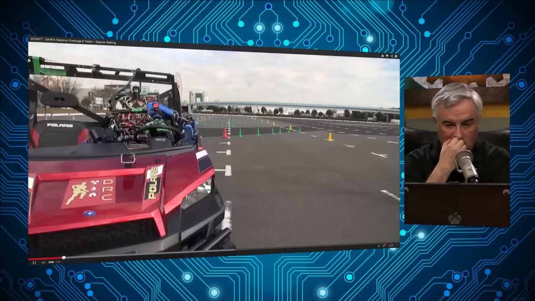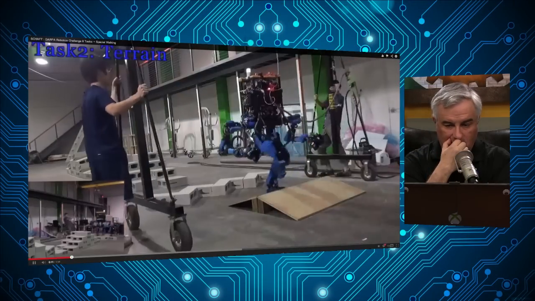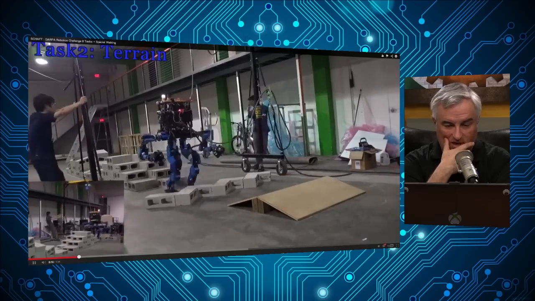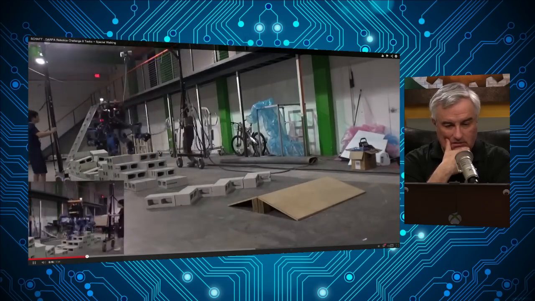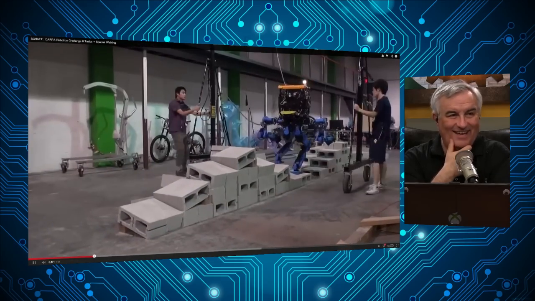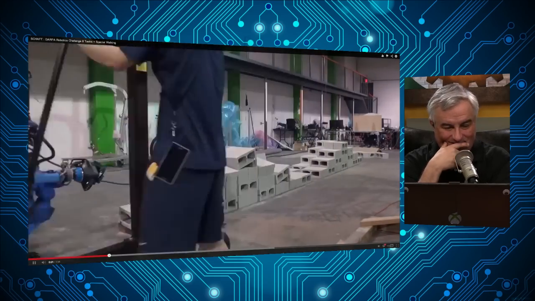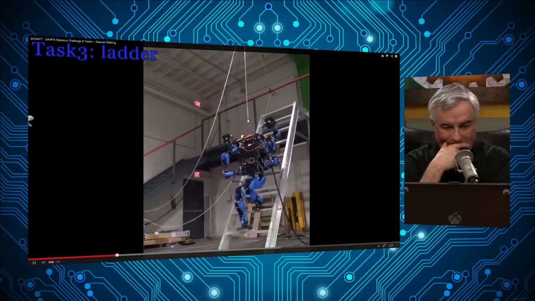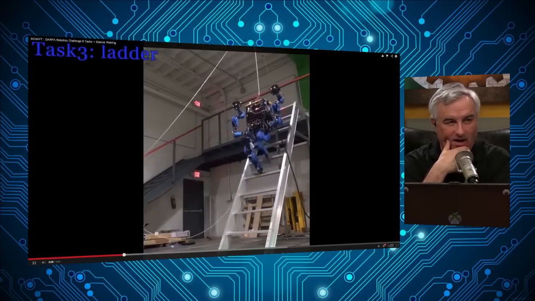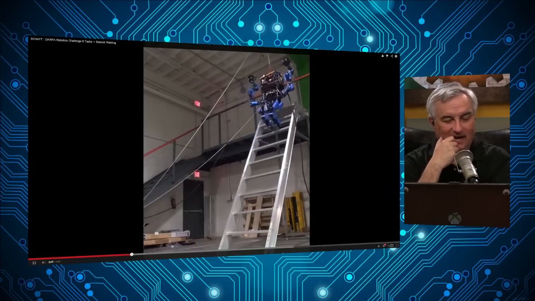Yes. So here's the DARPA challenge vehicle. This is autonomous driving. And this is the two-legged robot. This is not good. This is very bad. Why not? The Terminator is just around the corner. I swear to God. Oh my God! Look at that! It's climbing up a ladder. Wow. You can't even run away upstairs.